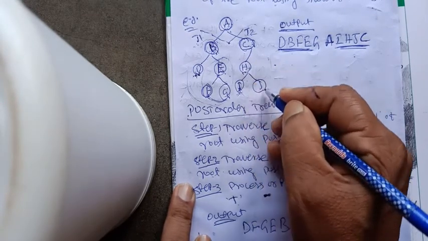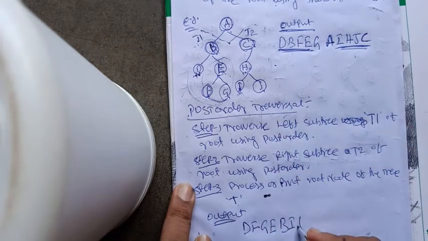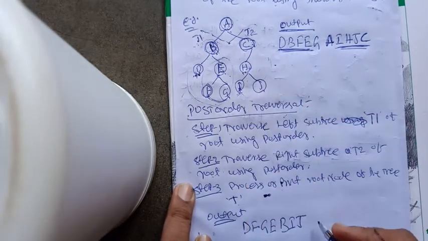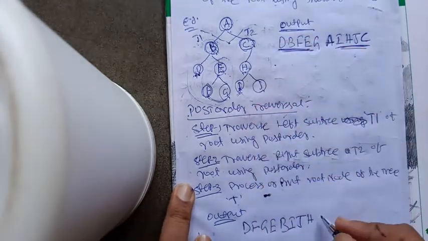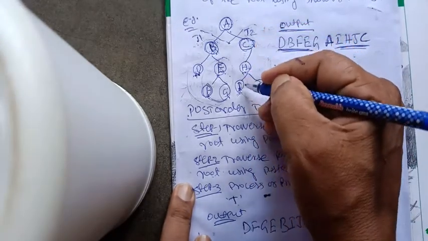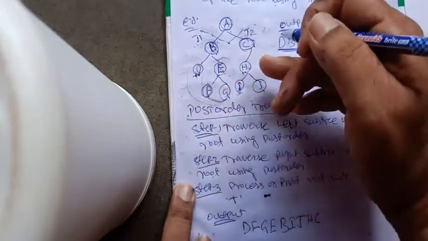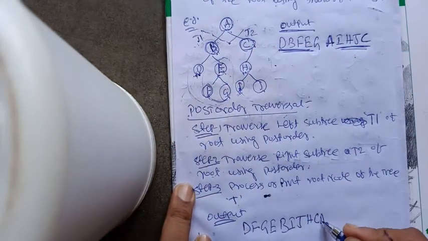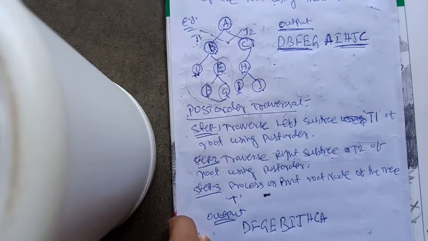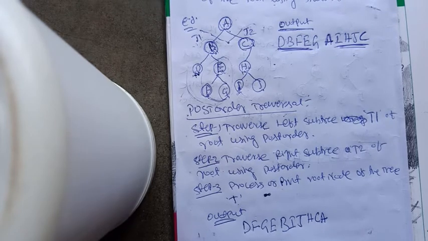then we'll go back to J. So J, then we'll come back to H. Okay, I, J, H gone, finally C. So right subtree T2 is completed. So left is completed, right is completed, and what left? Root is left. So finally we'll process root. Okay, so this is the output of post order traversal.